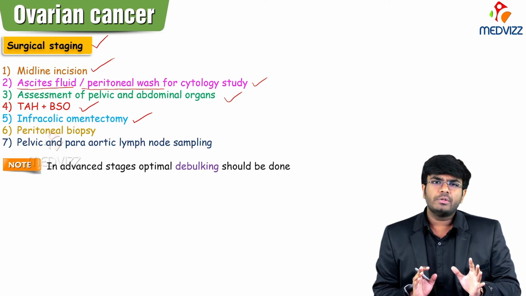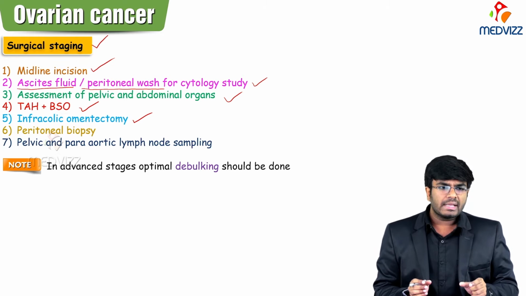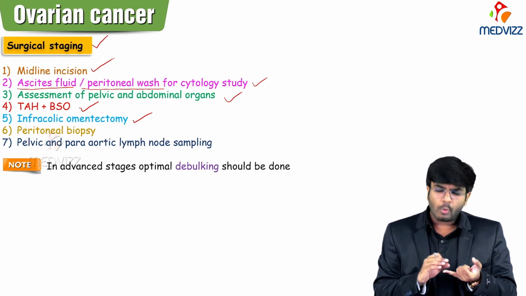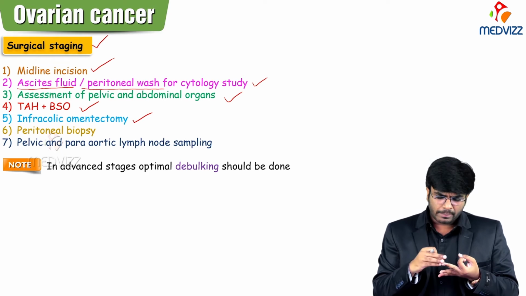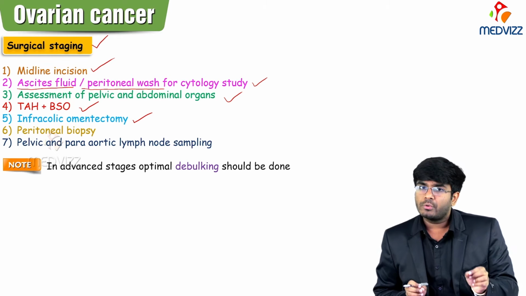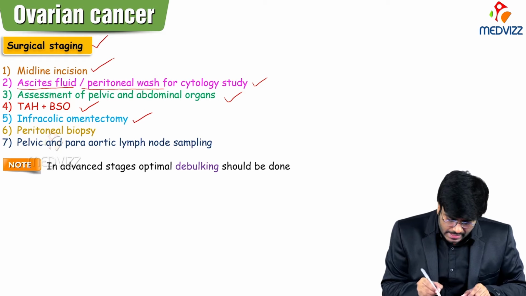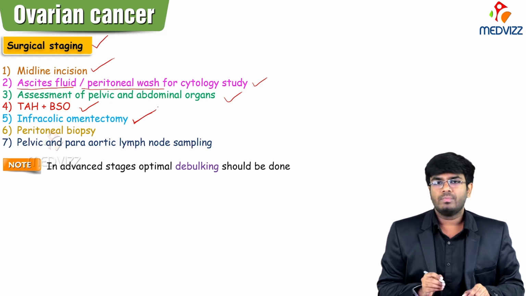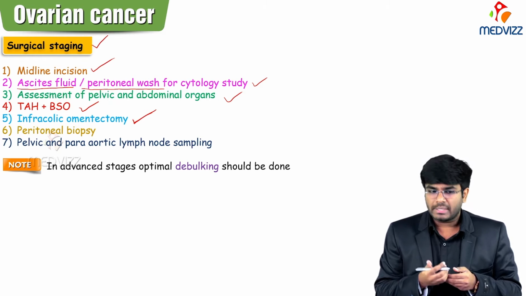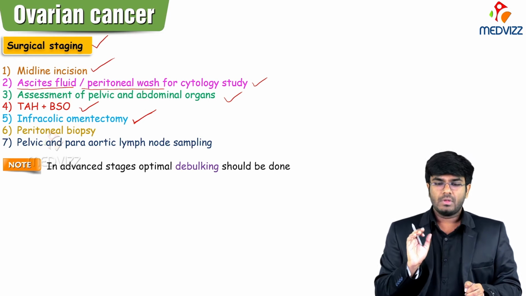So you have to collect samples. You cannot collect all the samples from omentum, liver, or peritoneum. You can't collect many samples. So at least take a sample from the site which is most commonly affected, that is omentum. So you have to do infracolic omentectomy to know whether there is any micrometastasis or not,